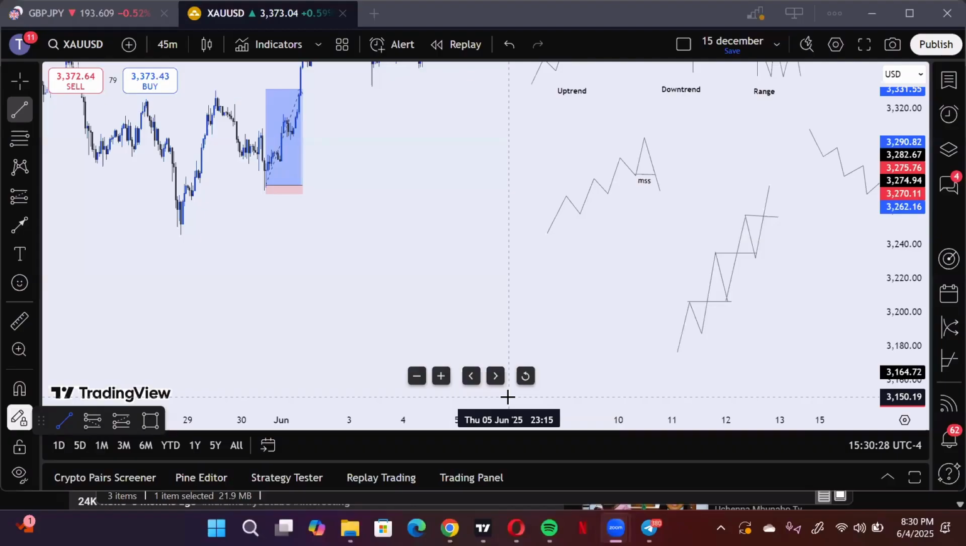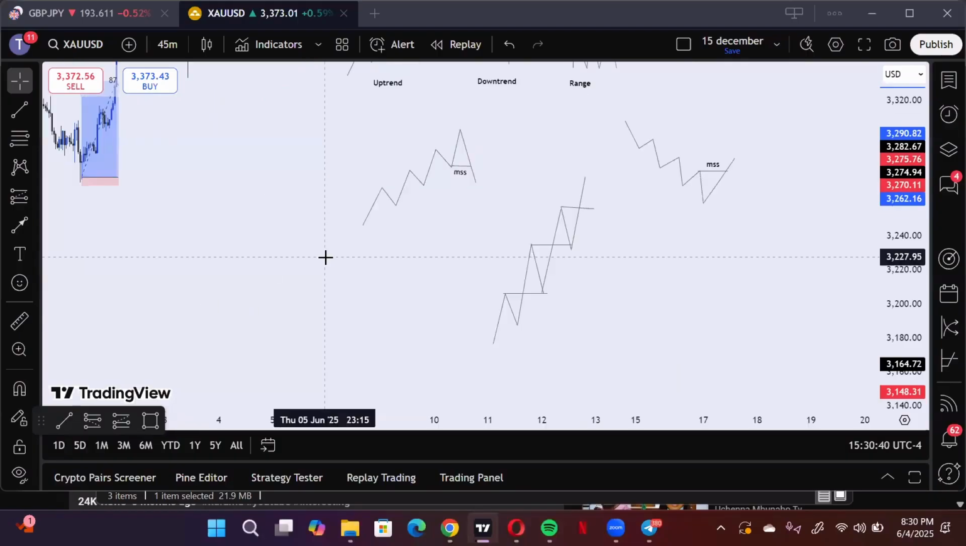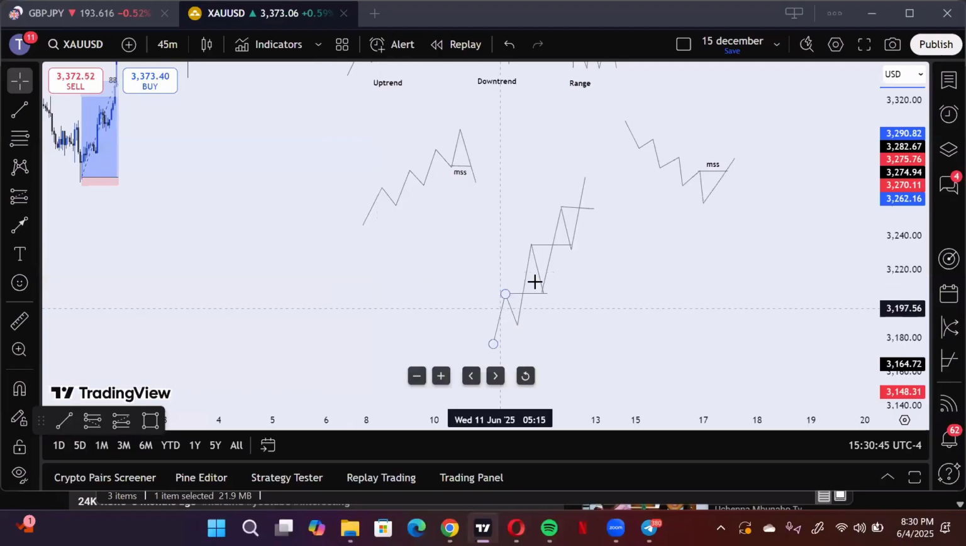Okay, so I should start with break of structure again. All right, so like I said, a break of structure is a scenario where price keeps breaking a key level while maintaining its current trend. So you really know the market is on an uptrend. So if market makes a higher high,